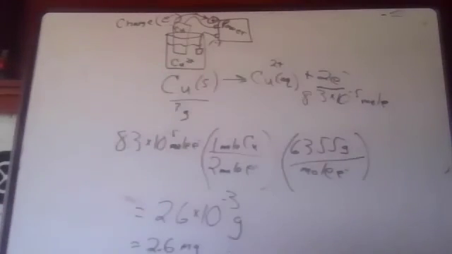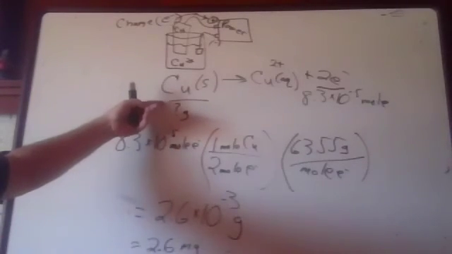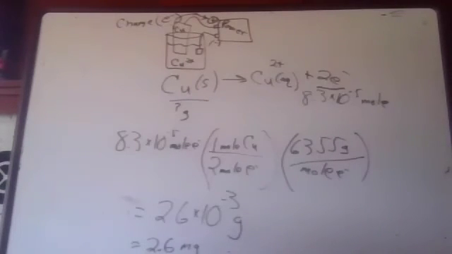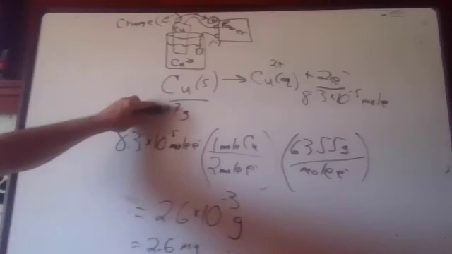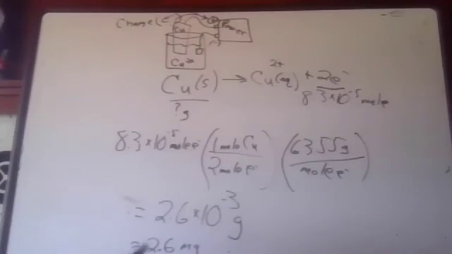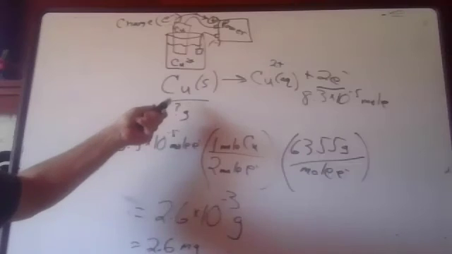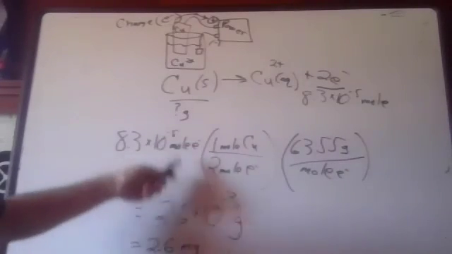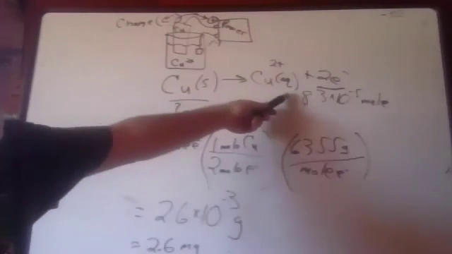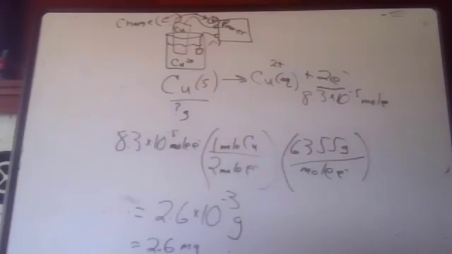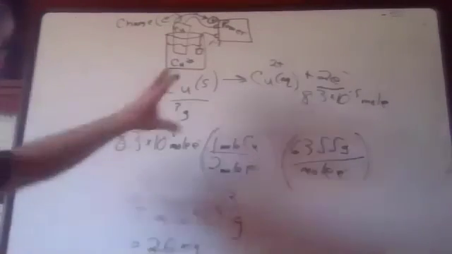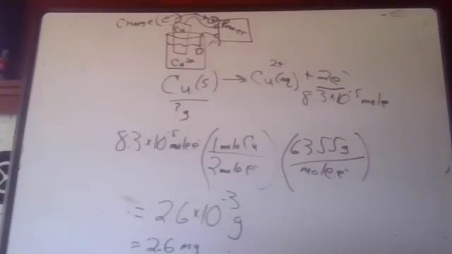So that's one example where, starting from a current and time, we're calculating an amount of reactant in this case. The other central problem like this is if you're starting with an amount of copper, we could also calculate how long it would take to dissolve that amount, in other words, how many seconds, by going backwards. So we would start with this number, calculate the moles, plug that into NF equals amps times time, and solve for time. But I'm not going to do that whole thing right now. There's examples of both of these types of calculations that I'll